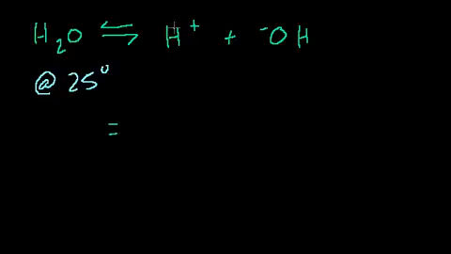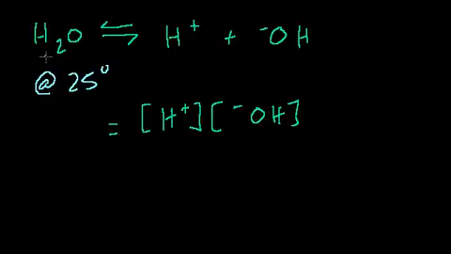that's the concentration of the products divided by the concentration of the reactants, but the reactant in this case is just water. It's the actual solvent, and it's everywhere. So if you go back to that intuition example, the probability of finding it is 1 in any, so it's just always there, so you don't include it. So you could just say divided by 1 or whatever, and this is equal to the equilibrium constant of water,